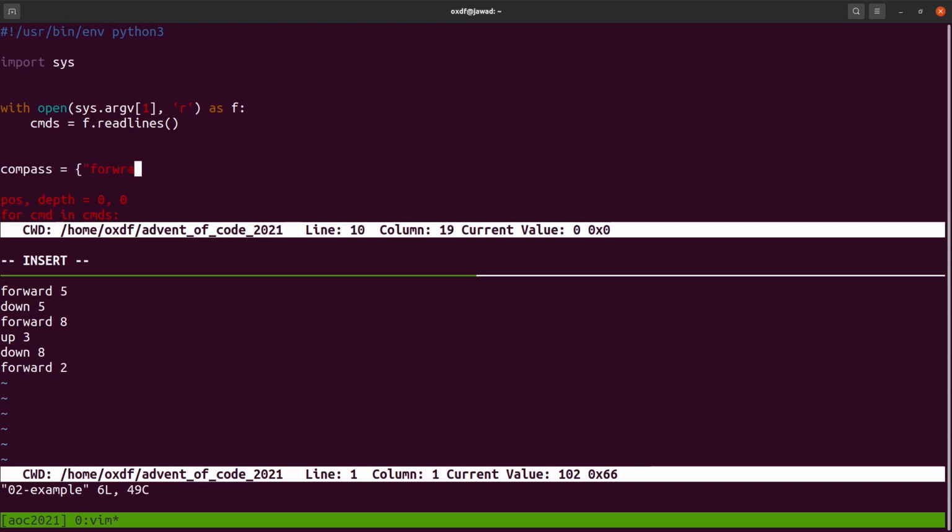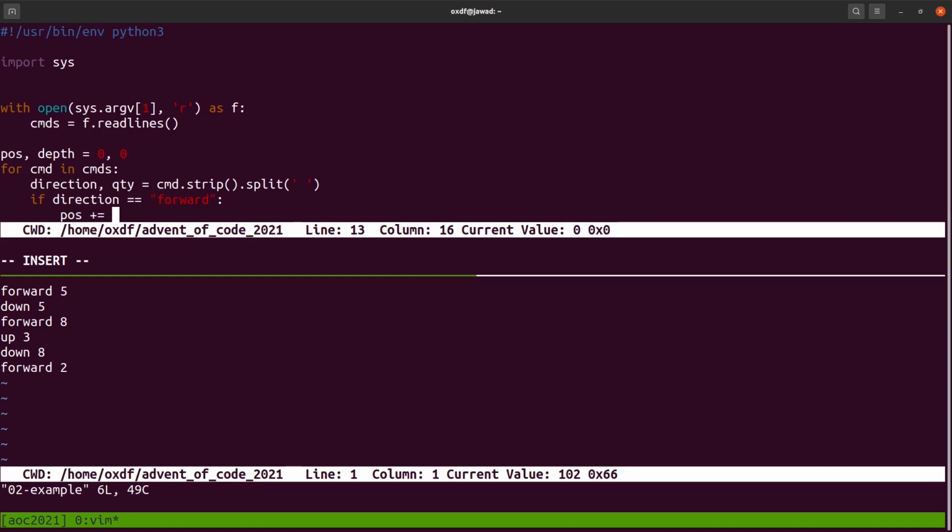Forward is going to be equal to zero. This is messy. Let's do this. Let's come back here and we'll just do if direction equals forward,